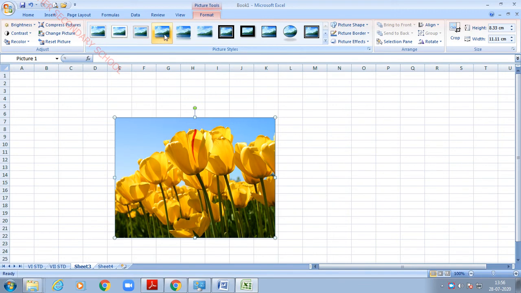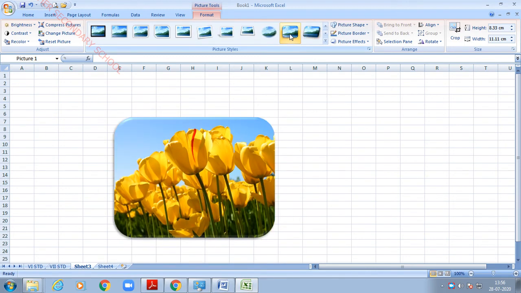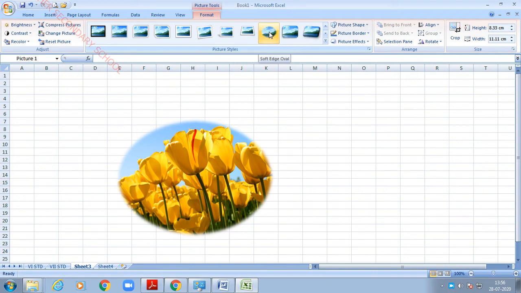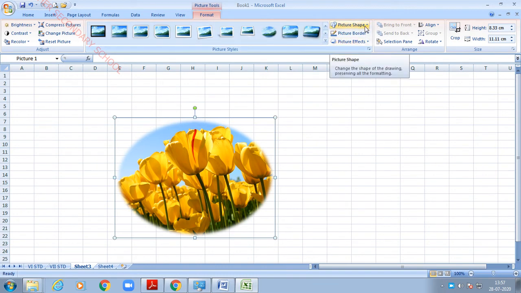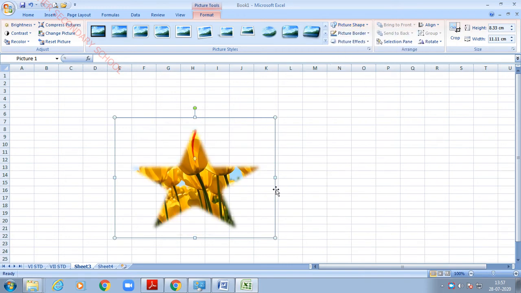In this format you will be having a lot of predefined picture styles, isn't it? So if you place the cursor here, you can change the shape. Can you see the difference here? If you place here, it will be changing according to the style. And also here we have a picture shape option. If you like to change this picture to a star format or cylinder, smiley, you can change. So I am going to give star, 5-point star. So select this, it will come like this. So this is the way you can change.